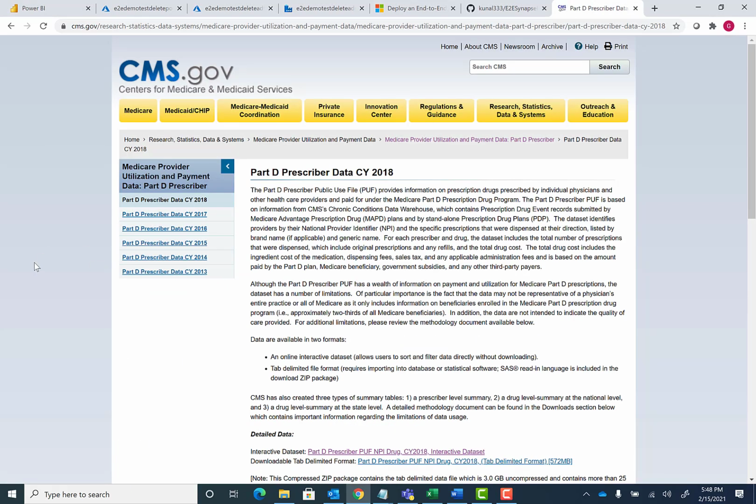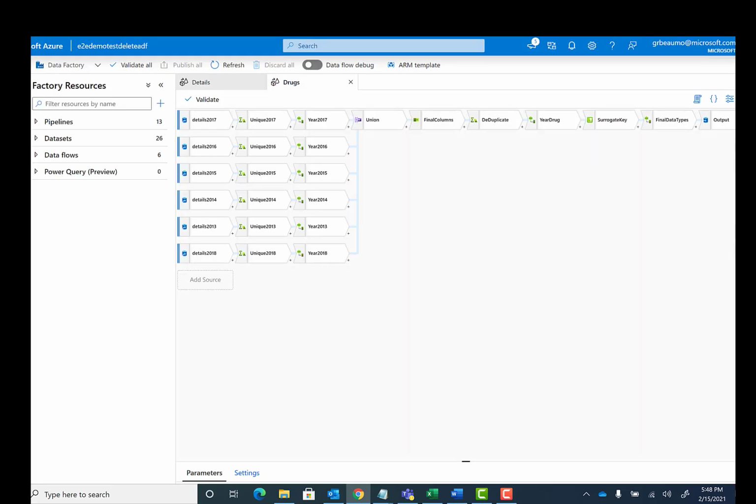Now, the first big change is that CMS released the 2018 data a couple of months ago. So we have added that to the solution. So there is now 6 years of data in the solution. If we actually move to Azure Data Factory and take a look at one of the data flows, you'll see that we've now added that 2018 data, and we've also simplified some of the logic in order to improve performance